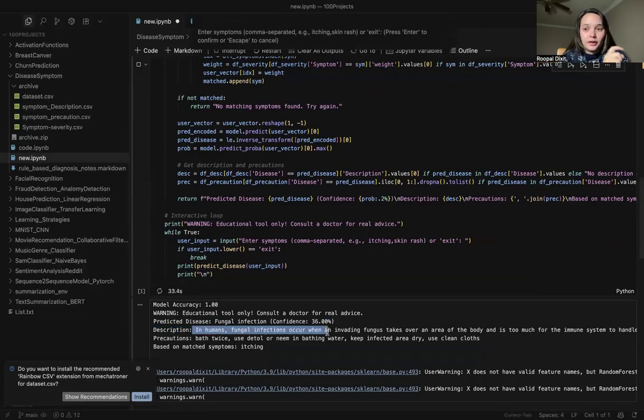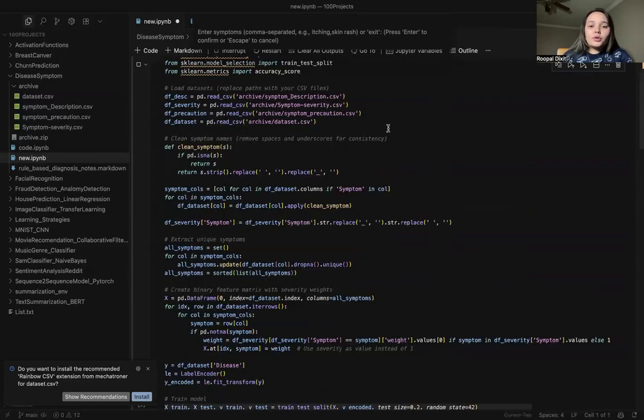It is copying the fungal infection description it detected from the CSV file and posting it there. Now it is also giving me the precautions: bathe twice, use Dettol or neem in bathing water, keep the infected area dry and use clean clothes. Based on matched symptoms.